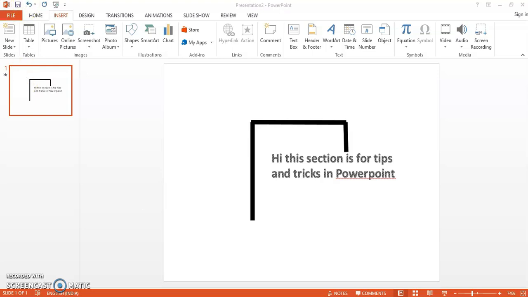This is the quick access toolbar, which is used to save your presentation or undo any last action which you think can be redone. You can use these two arrows, and then this is for slideshow. Whatever you put in the form of slides comes over here in the form of thumbnails, and if you want to present, you present in the form of slideshow. In a later section of the video, I'll show you what slideshow is exactly and how it works.